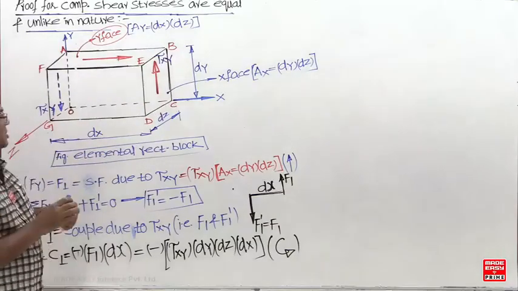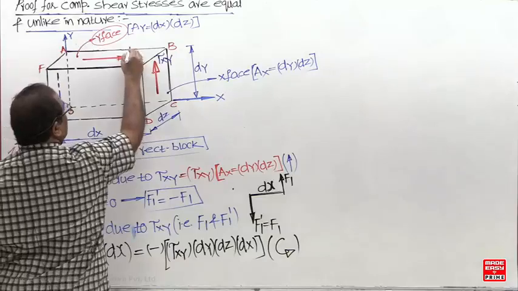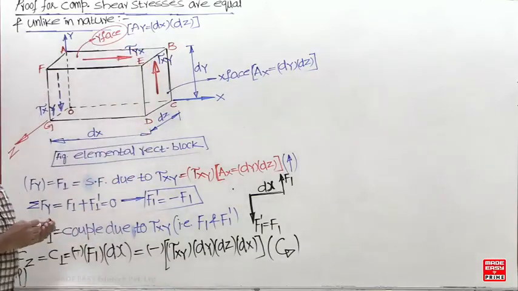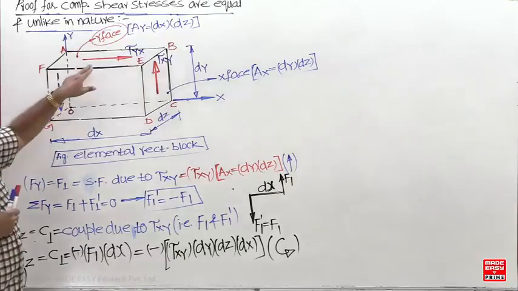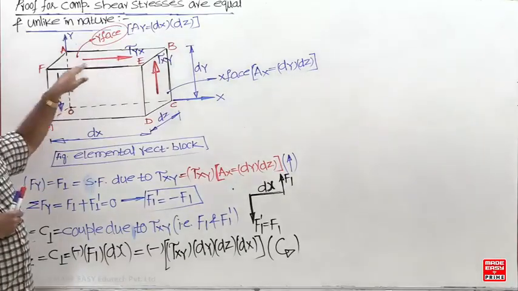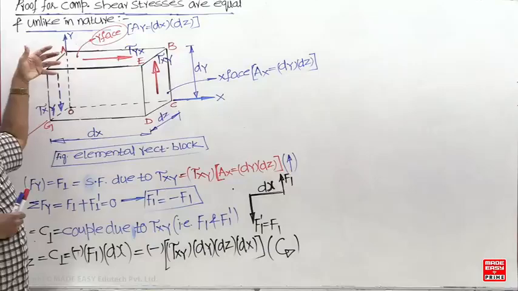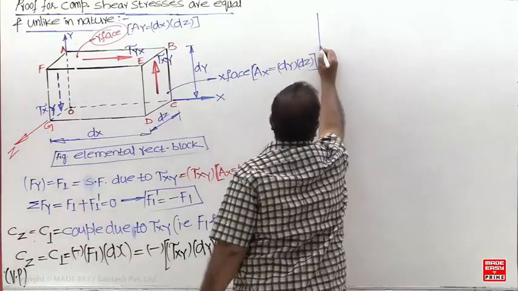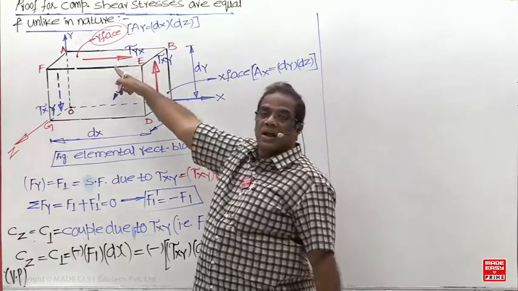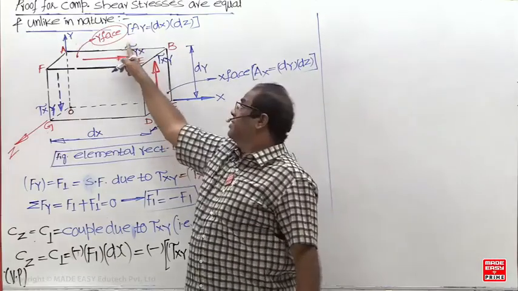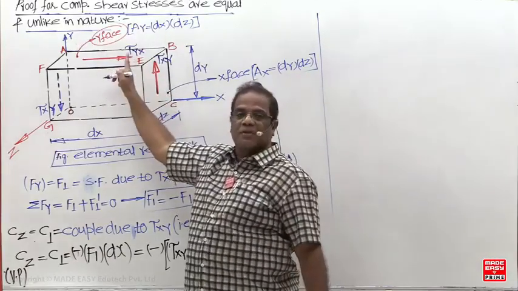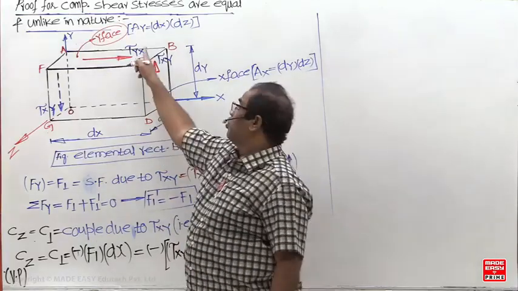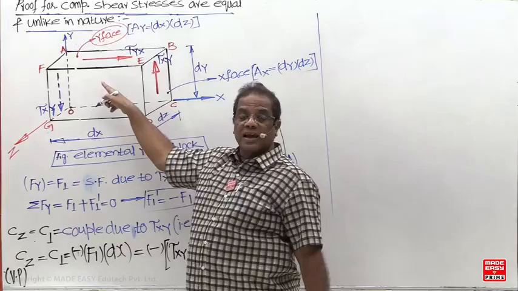This is a complementary shear stress. This is tau yx. Tau yx. Now what is the force due to this? Due to this one you are getting a force in which direction? Why are you getting this? If the sum of the couples should be 0. If this does not exist, what happens? It is not in equilibrium. The sum of the couples will not be 0. If there is no tau yx, so tau yx is required